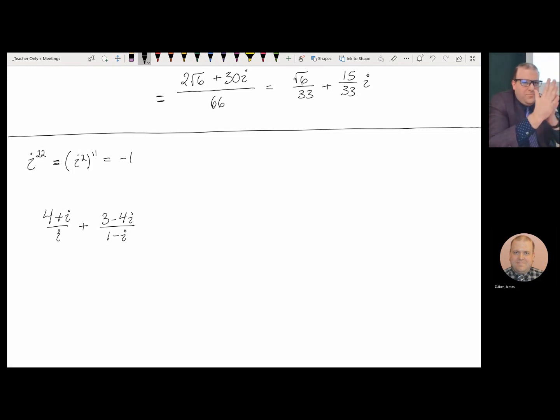Then we'd add them together. Well, the first one's easy, right? Because 1 over i is -i. So it would be -i times 4 plus i. Then it'd be plus